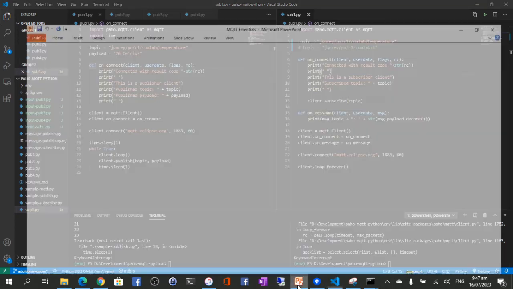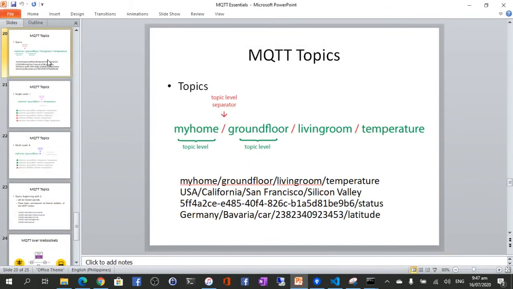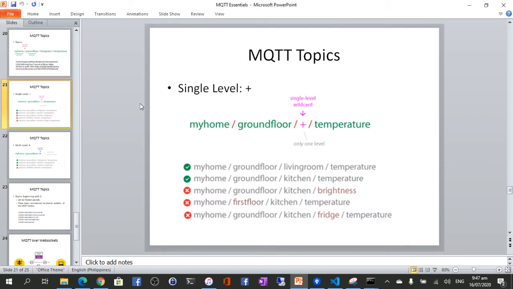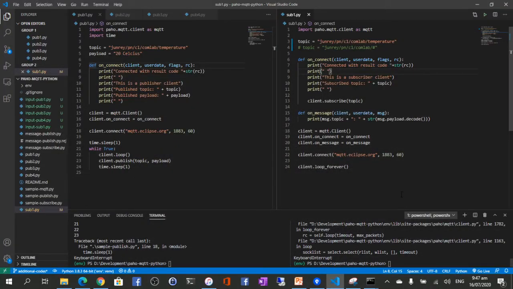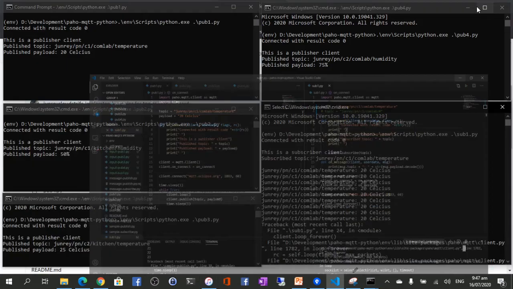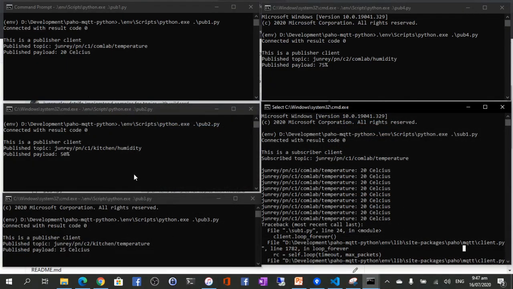Now if we want to apply the wildcards, let's say for example, let's try to apply the single level wildcard. So from here, let's say I want to subscribe to both temperatures.